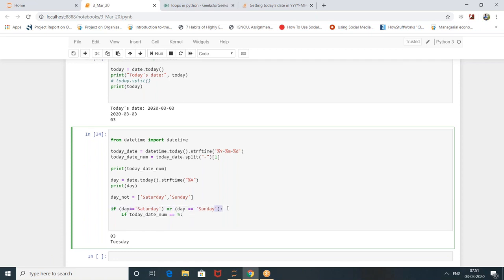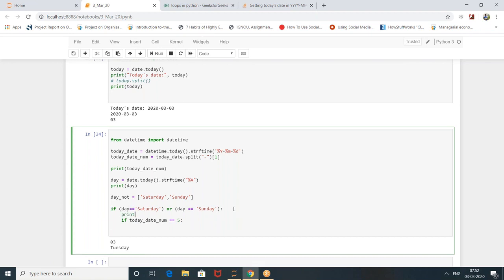These days are completely excluded. If Saturday or Sunday falls on the fifth, that is anyway okay, it doesn't matter to me. If this is there, don't do anything. Print don't.